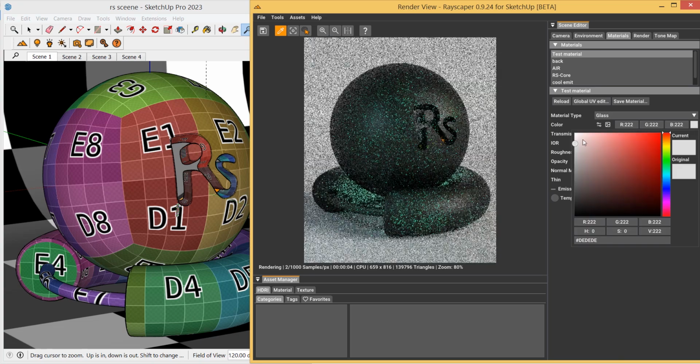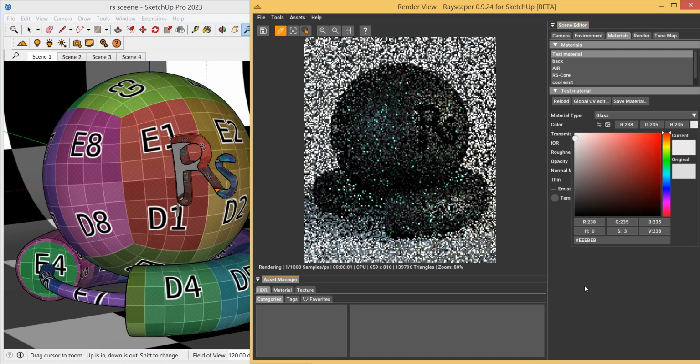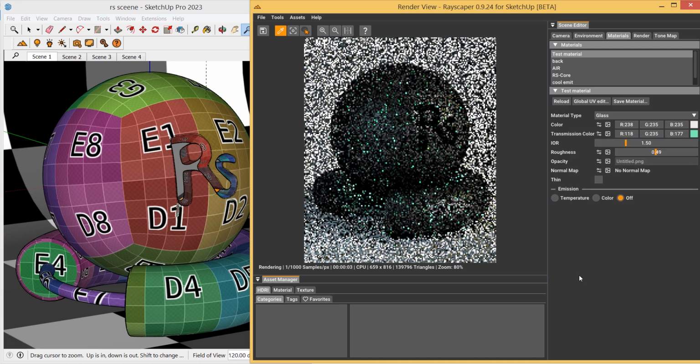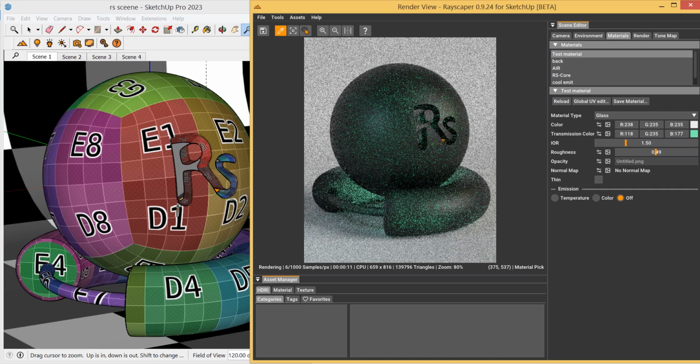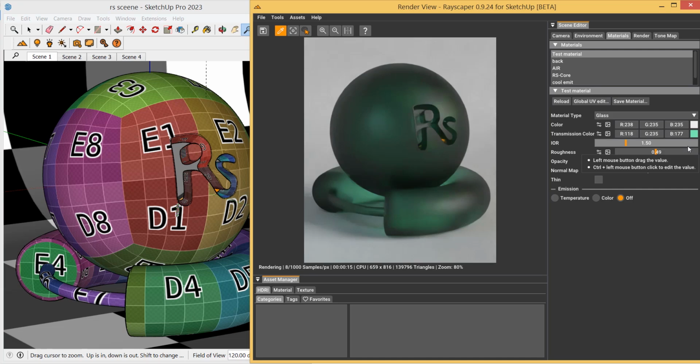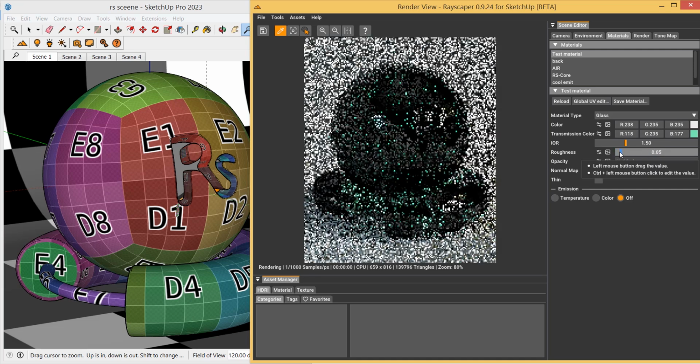So you can see that now we have a greenish frosted glass. By reducing the roughness to a very low value like 0.01 or pure 0, we would have a very realistic